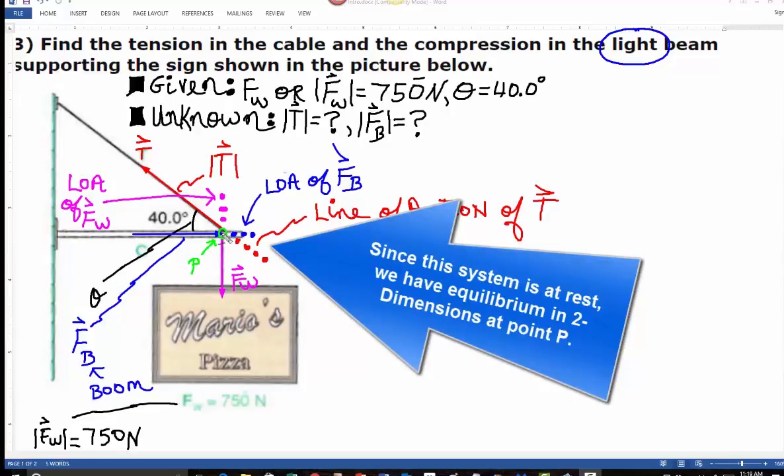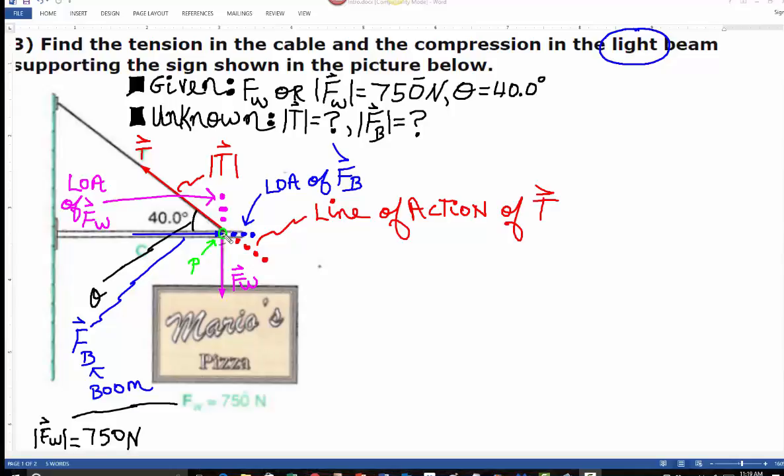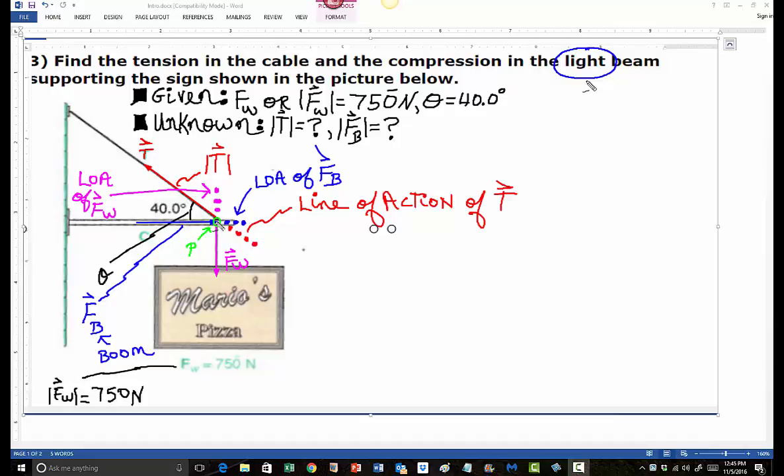That will become the particle at which all forces are concurrent, and that will be the origin of the coordinate system for our force diagram. Note that this is a light beam. That means that this beam has no weight. If it did, we would have a weight force vector at the center of gravity of this beam. This weight force vector would not be concurrent at point P as this system of three vectors currently is. We would have to use a different technique than the present technique. That will involve torque, and that will come in a later section.